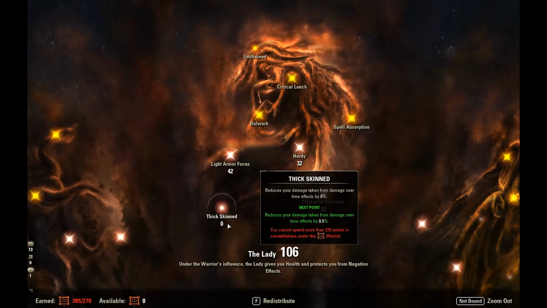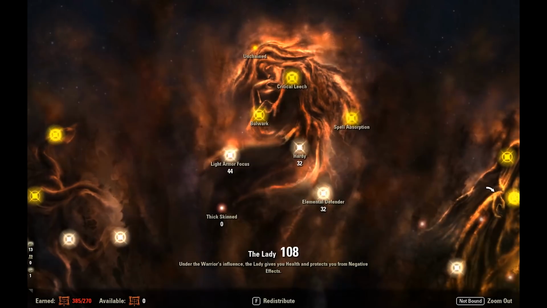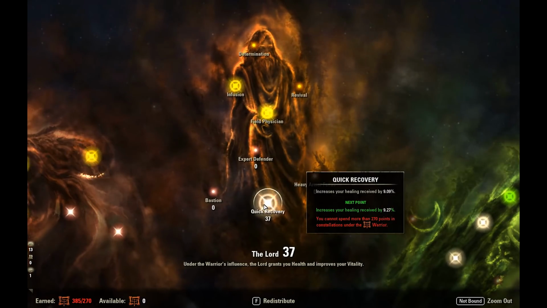Very important, I think. And then nothing in Thick Skin because we have Hexproof. Hexproof is a really fantastic purge. Mixed with the two really strong heals over time we have, you should not be getting hit by dots on this build. You should be able to purge them right away. No worries at all. And then in the Lord Tree, guys, we have got 37 in Quick Recovery to increase